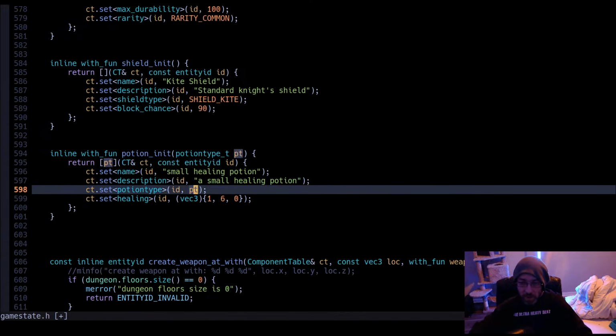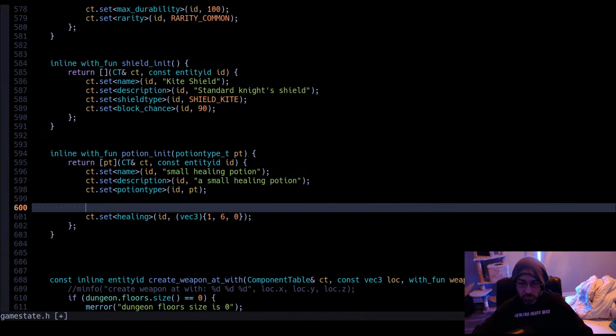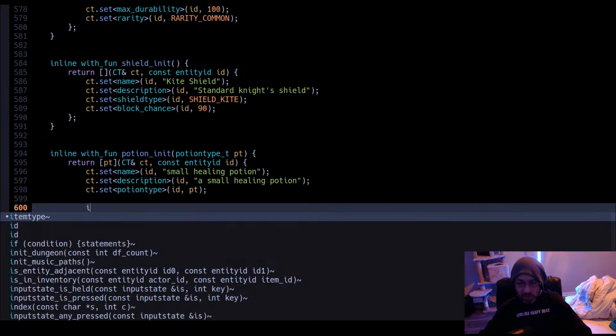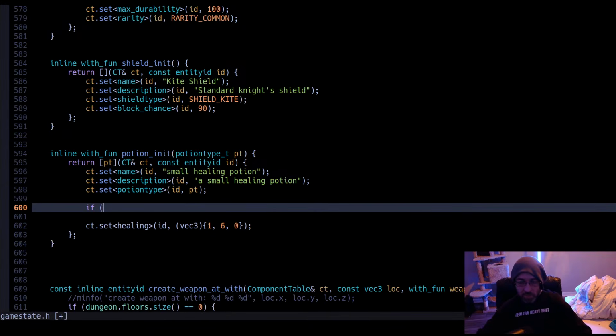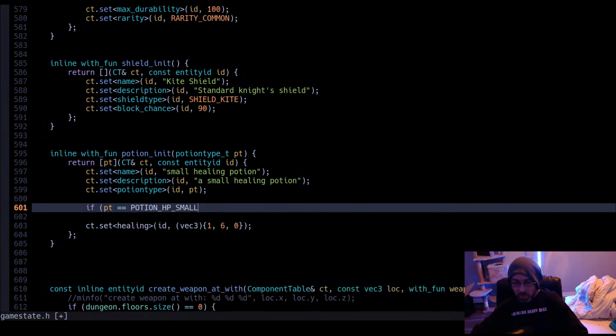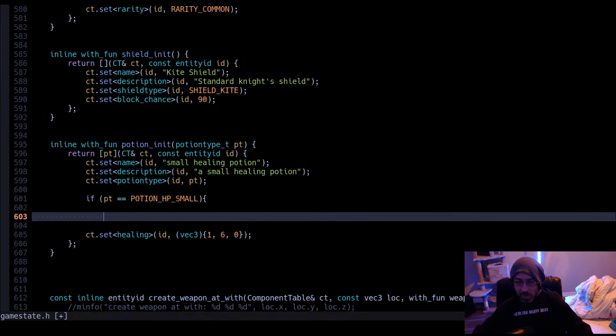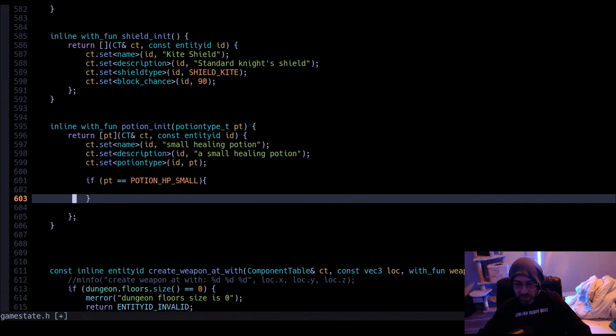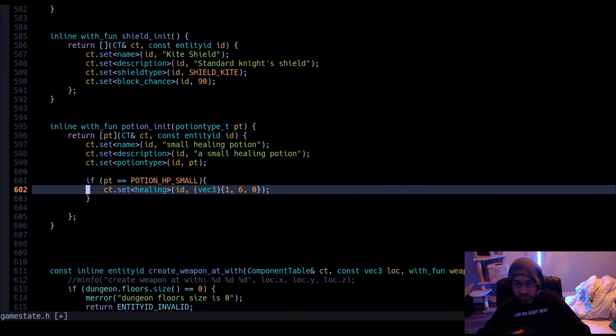And depending on what type of potion, in this very simple example, since we're only working with small healing potions, if PT equals potion HP small, then set the healing property to be 1d6.